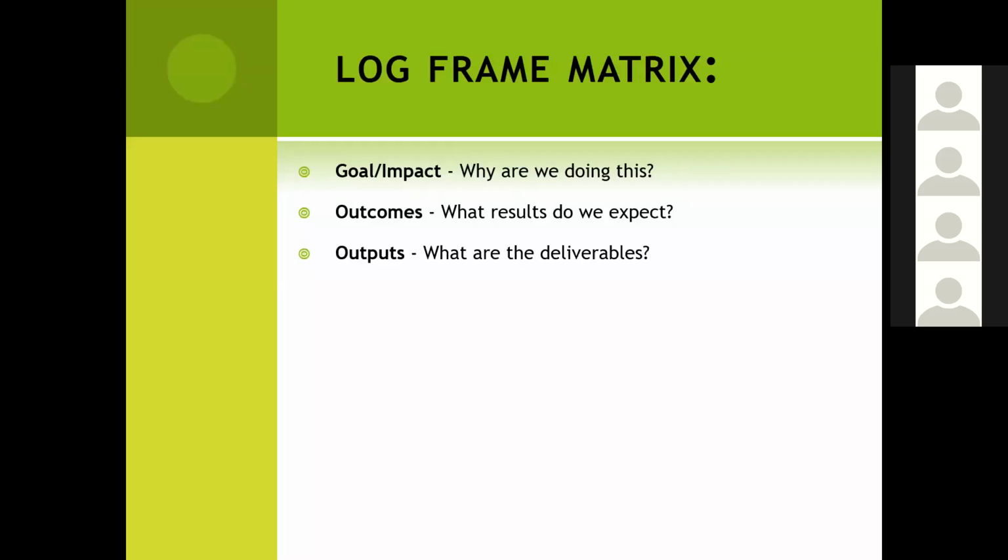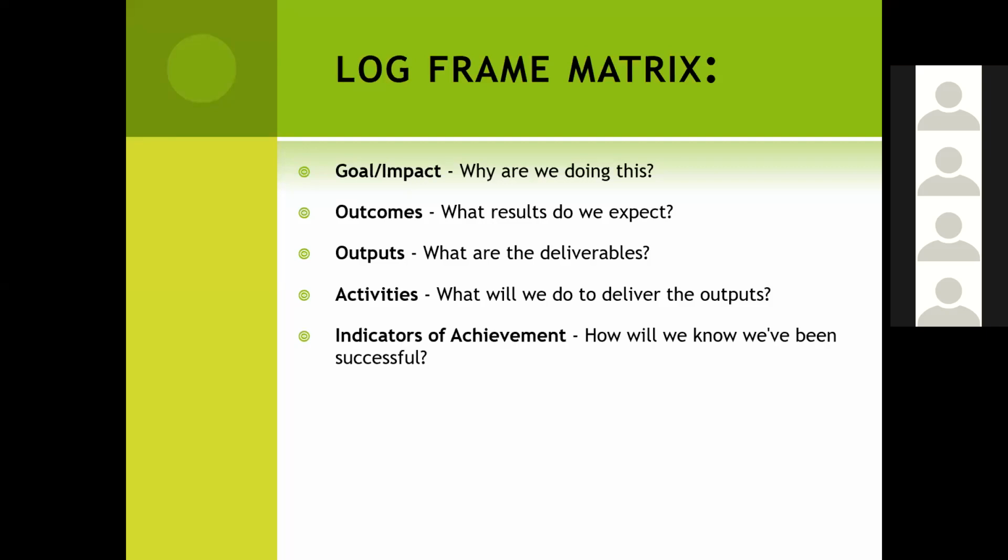And then the outputs will simply refer to the immediate deliverables or the immediate results that you need to achieve. And when you talk about the activities, you're talking about what you will need to do so that you can deliver the outputs. That's also something that we capture in the log frame. So the first 4 rows of a log frame matrix will have the goal, the outcome, the output, and the activities. And that's what will be captured.